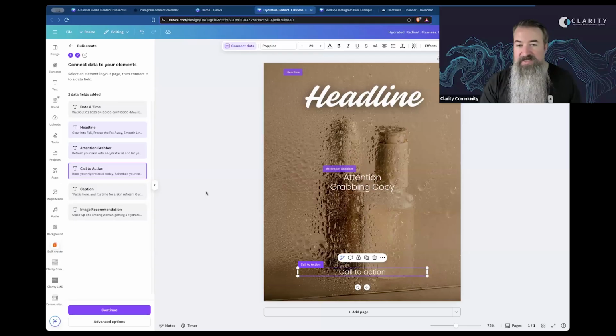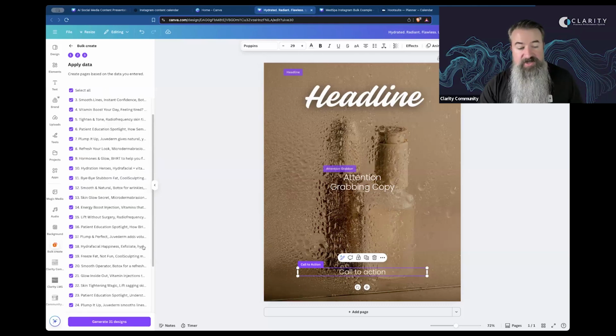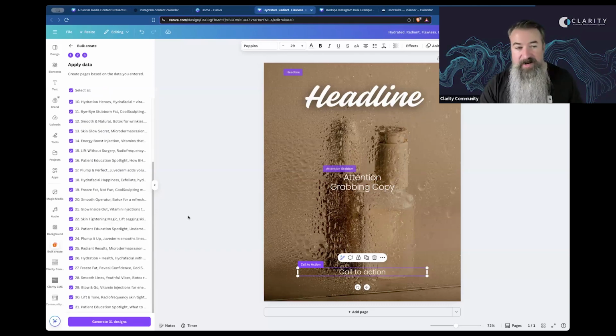But for the copy itself, this is the most laborious thing, hand typing all this stuff in, right? Moving things around. If you can just flow all this in, then you're going to be a step ahead. So now it's like, great, here's 31 designs that I'm going to generate, and it's going to automatically put all of that copy and headlines into place. So I click generate,